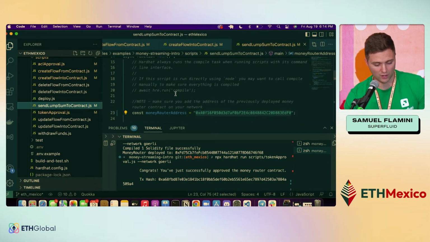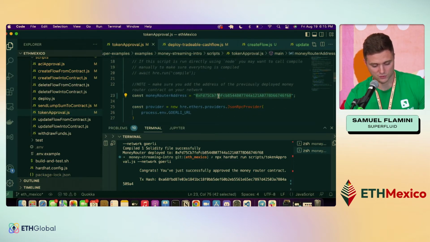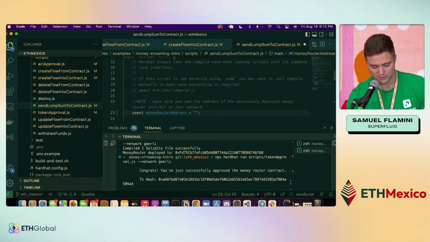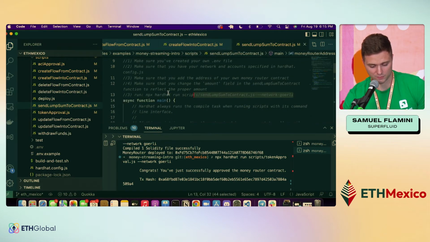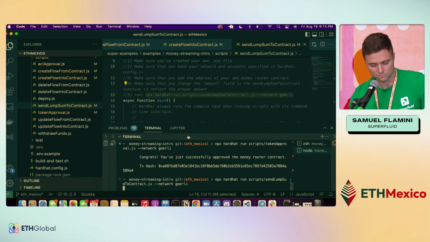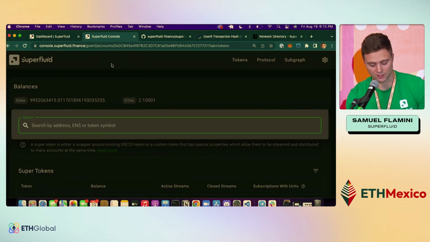So do the same thing where I'm just going to pass in the contract address to this one. So we'll send a lump sum into the contract. Alrighty. And then I can run this script here. Okay. I'll paste that. So now we're going to send some money into the contract. And in just a second, we'll be able to see this money also inside of the console.